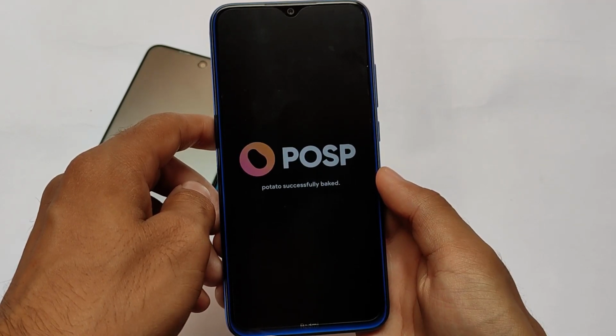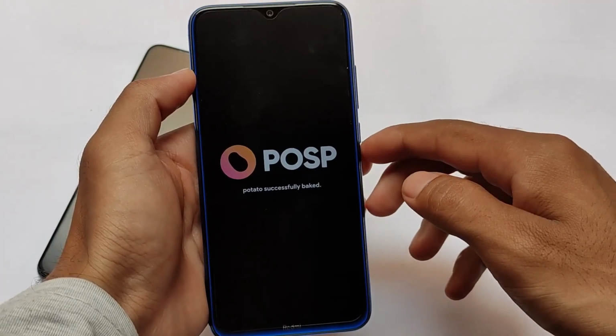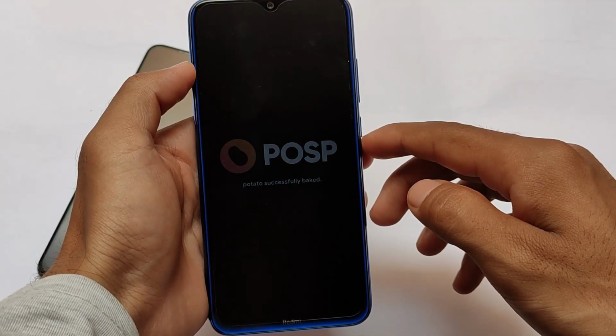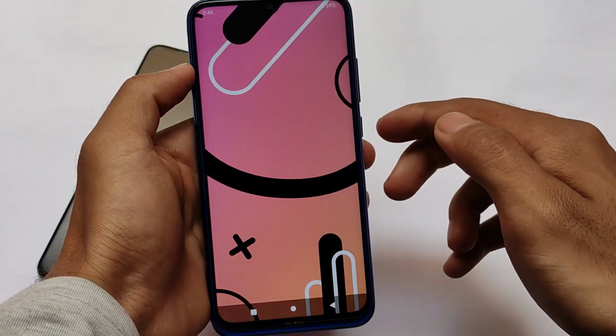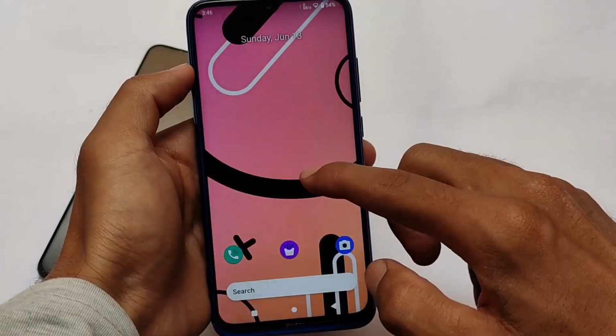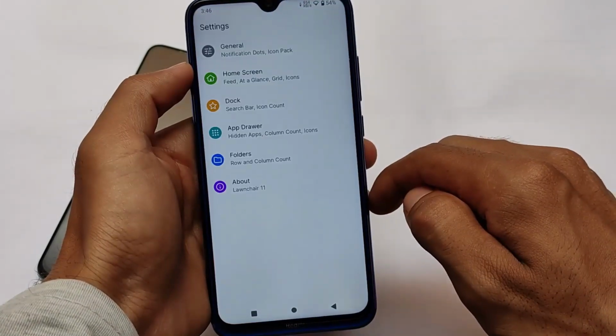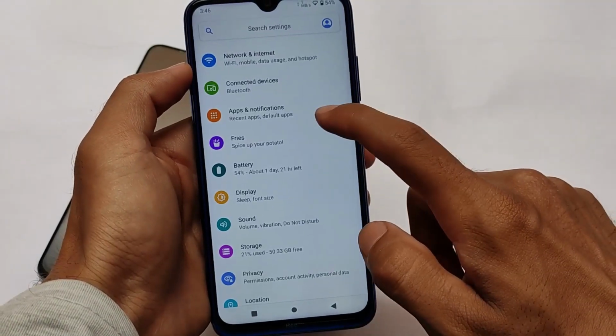So as you can see, it's just rebooted. The reboot is done, and you need to flash this from custom recovery. After flashing it from custom recovery, after first boot, your device will still be on the default launcher. Let me just tell you that this is the default launcher, which is called Launcher. It's still on Launcher. So how can you use the Pixel launcher? It will not delete your default launcher, so make sure to keep this in mind.